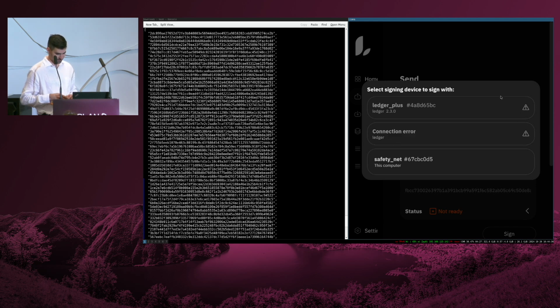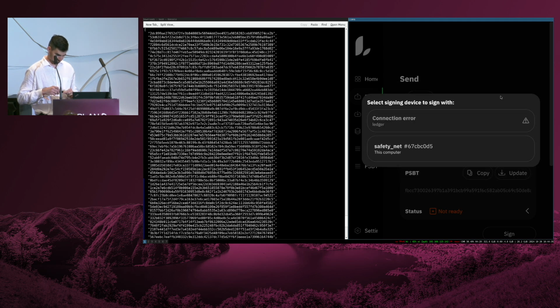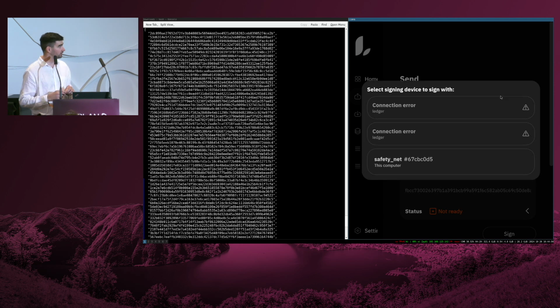It doesn't detect. Okay. What's the error in the first one? It's a connection error. Let me redo. Yeah, but that's just one. That's the Flex. No, this is the primary spending path, but the connection error is the Flex. Yeah, but the other one also says connection error. Okay.